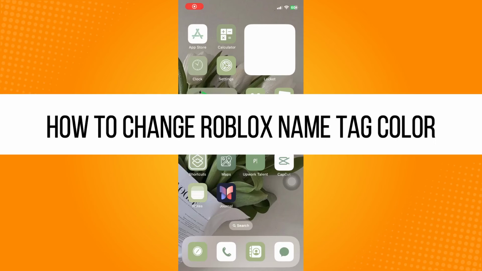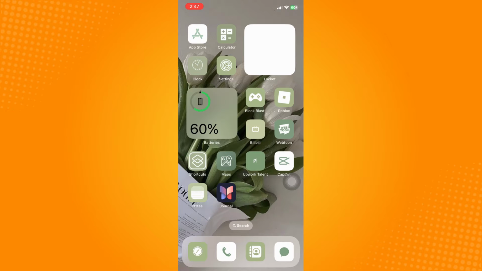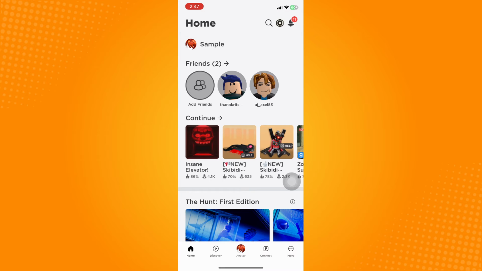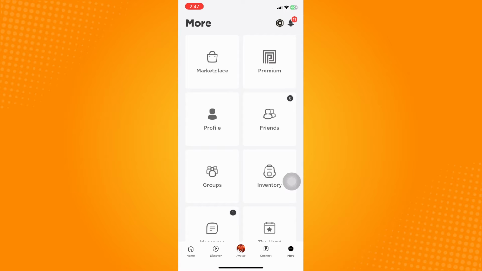How to change Roblox name tag color. So all you have to do is go directly to your Roblox application. Now, on the bottom part, you'll see 5 different options. Click on more there. Now, there is no specific option or capability on Roblox mobile to change your name